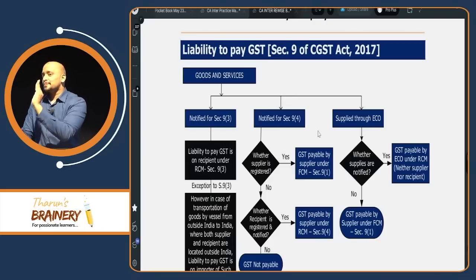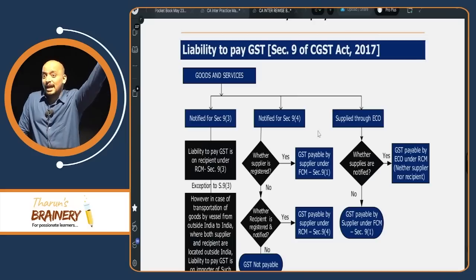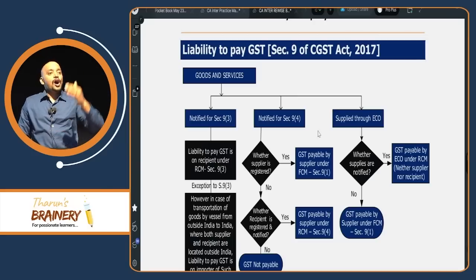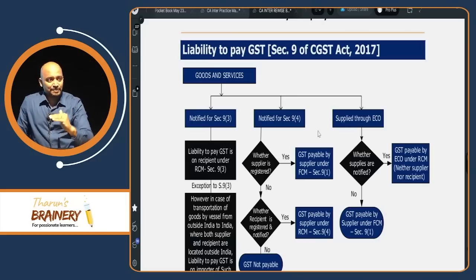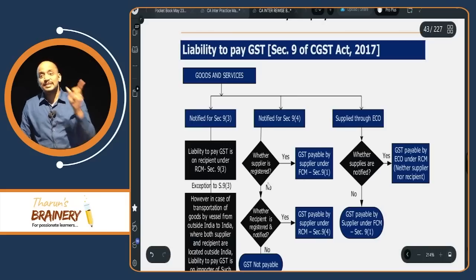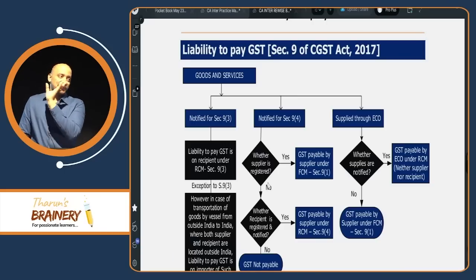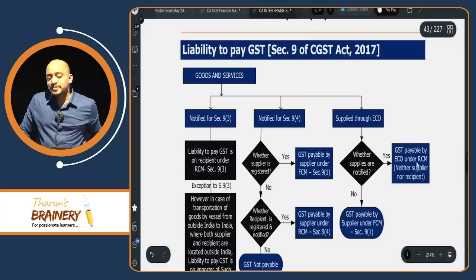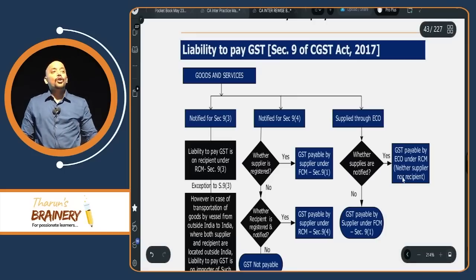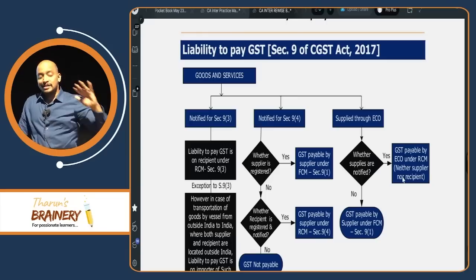In case of 9 subsection 4, there is a person who is making purchases from an unregistered person. On those purchases from an unregistered person, GST is payable under 9 subsection 4 by the recipient. So again in 9 subsection 4, who will pay GST? Recipient will pay. And 9 subsection 5, there are 4 notified services supplied through an e-commerce operator, that is